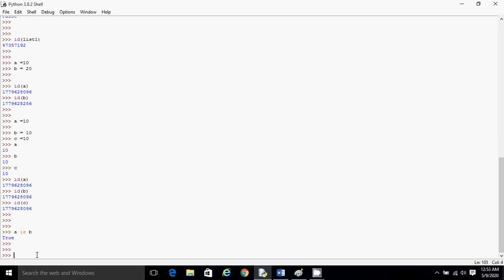But what will happen if I give b equal to 20? Then the id of b will change, it will be different than a. Now if I check a is b, it will return false because both have different ids. Got it?